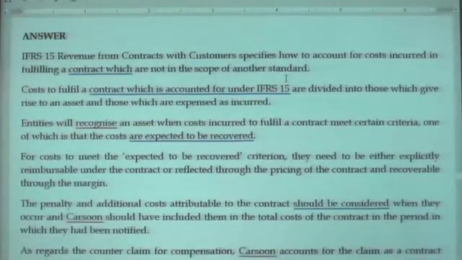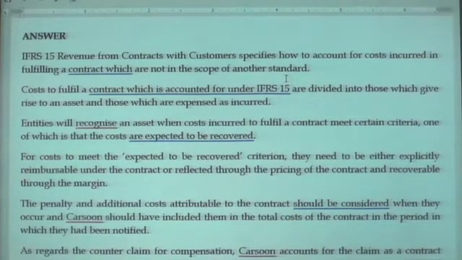See, now what is the paragraph you need to refer to? Paragraph 18 and 20. Paragraph 18 explains what a contract modification is. A contract modification is a change in price or scope or both, but that modification needs to be approved by both parties, in writing, orally, or in an acceptable business method. Both parties need to agree. Therefore, you have to write down according to SLFRS 15, paragraph 18. Thereafter, you have to say paragraph 20 also.